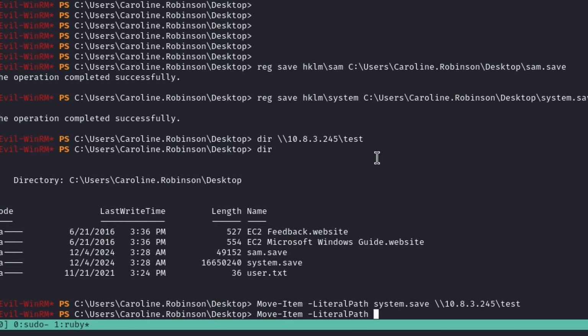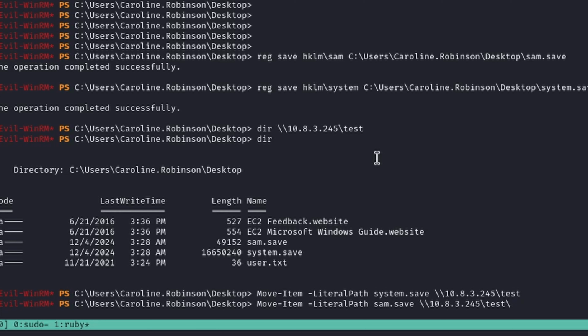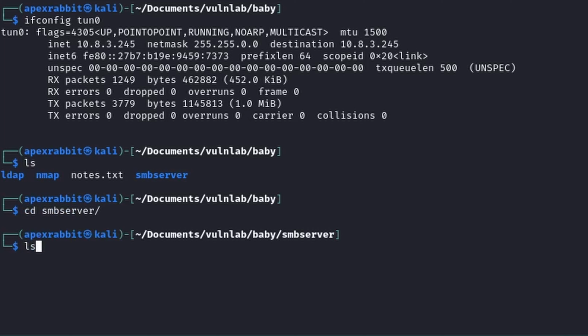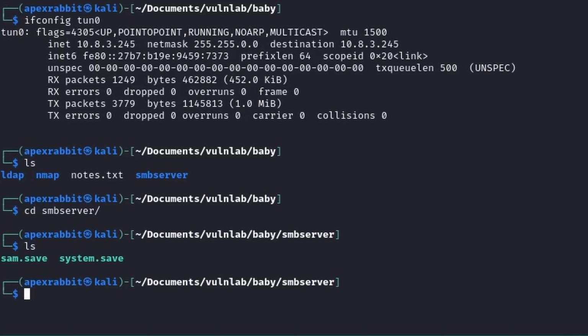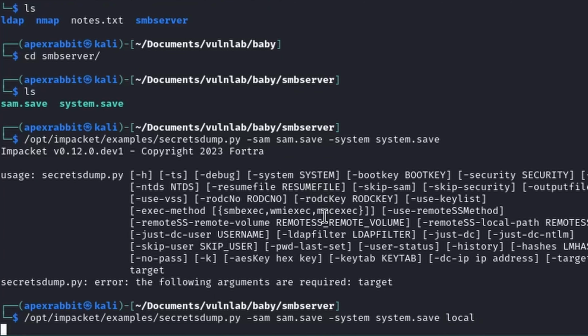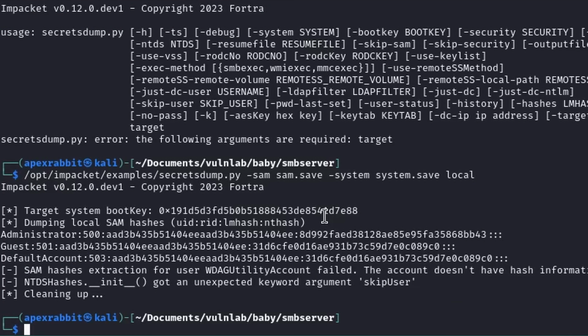So once these are saved, I will be switching back over to my local machine, and I'll be going to the path that I created for the SMB server, and I see my sam.save and system.save. So now I'll be using Impacket's secretsdump to dump the hashes using these two files. So I'll be using sam.save and system.save as such, and then I mess up here and I have to include LOCAL at the end of it just to say I'm dumping my local stuff. And now I see I get the administrator hash 8D992 ending in